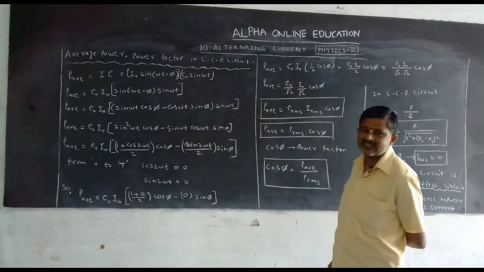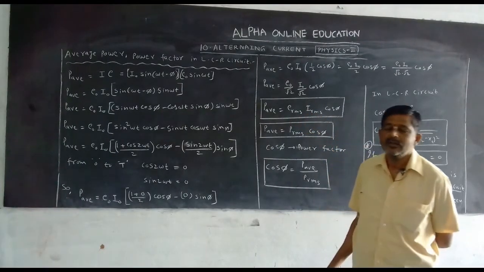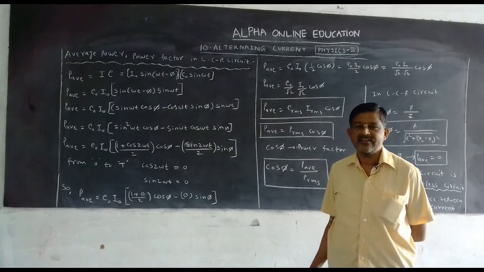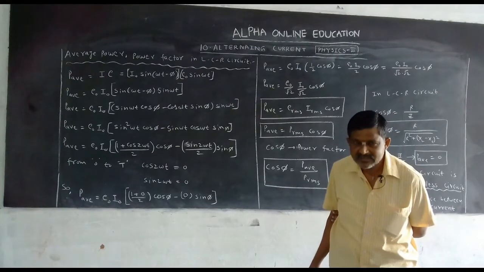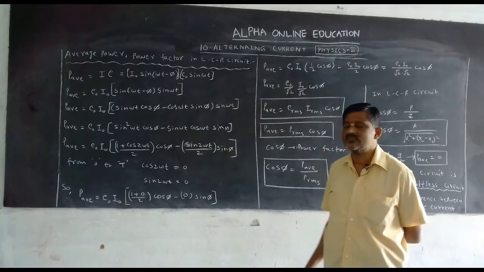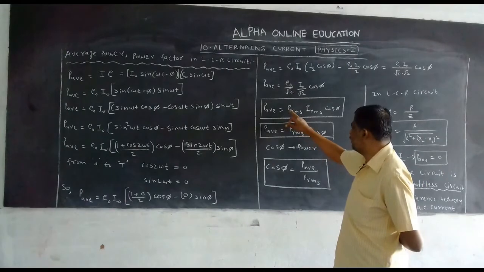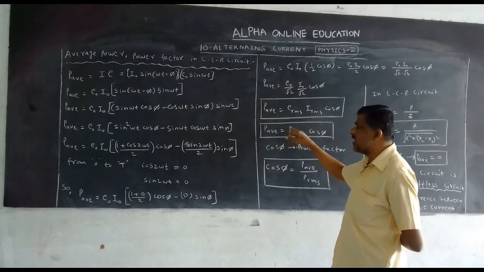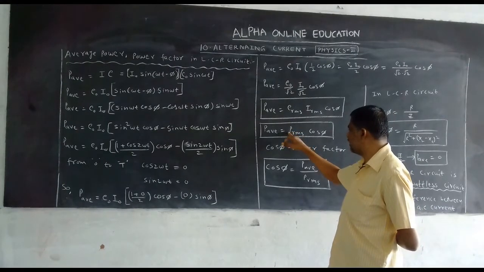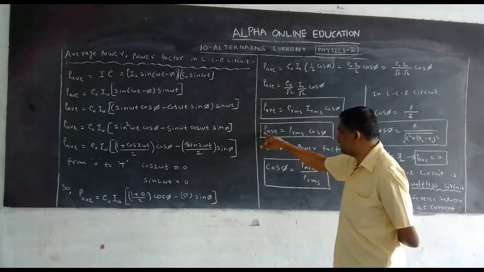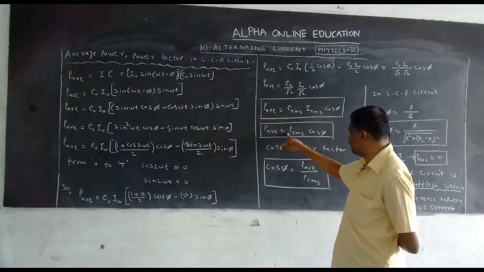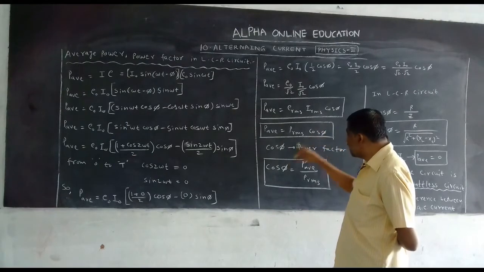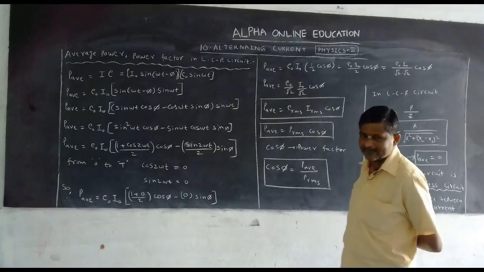So we get the equation. What is the P average in LCR circuit, the mathematical equation? P average is equal to E RMS into I RMS cos phi. We know that the product of EMF and current is power, but here it is P RMS, the root mean square power. Now what is average power? Average power is equal to RMS power into cos phi. But what is cos phi? Cos phi is called the power factor.